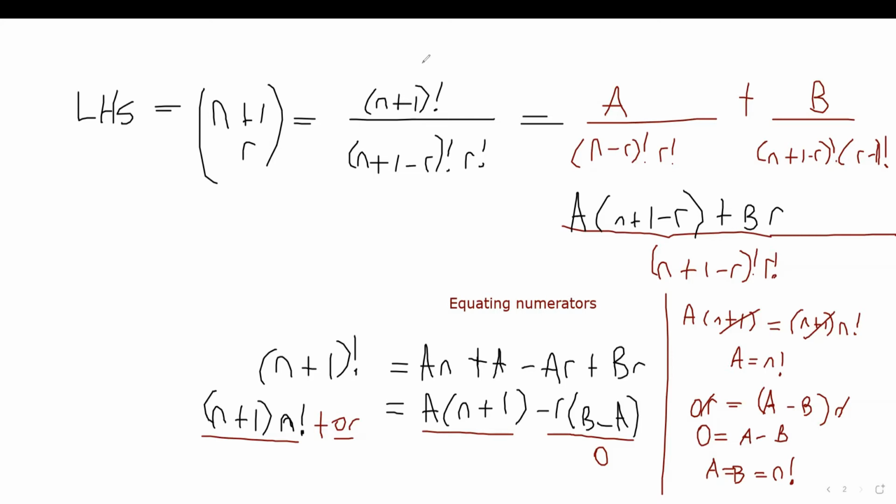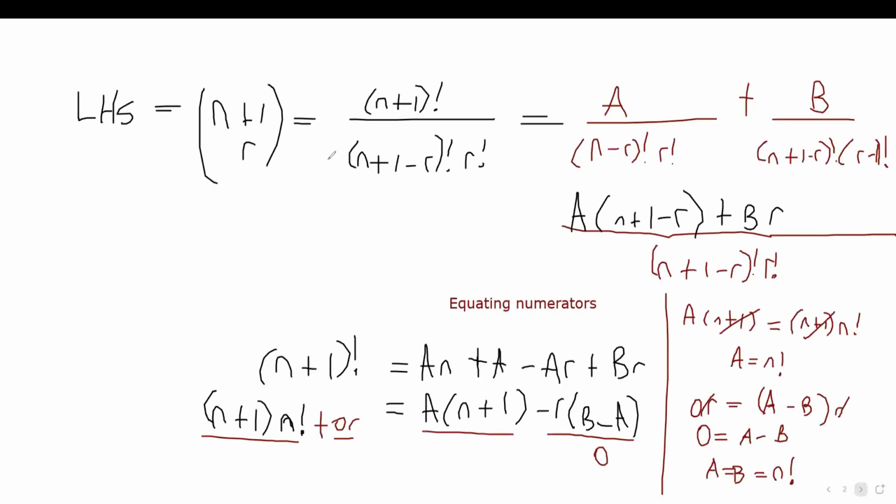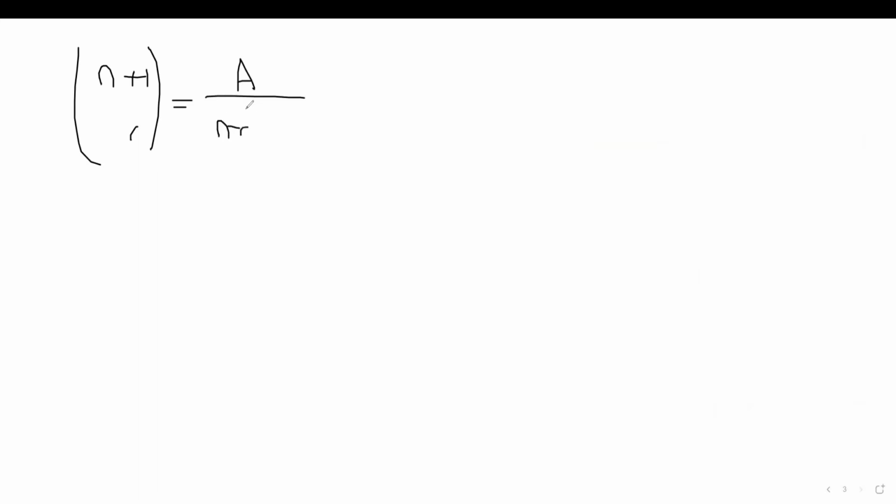I don't want to use up too much page, but no, this is not proper. So now we can finally tell them. So it's now equal to, well, the left hand side, which is n plus 1 choose r. It is now equal to a over n minus r factorial, r factorial, plus b over